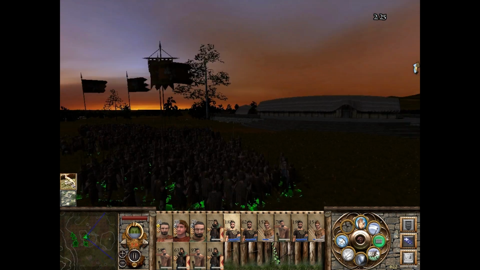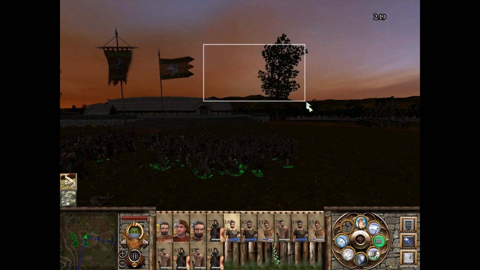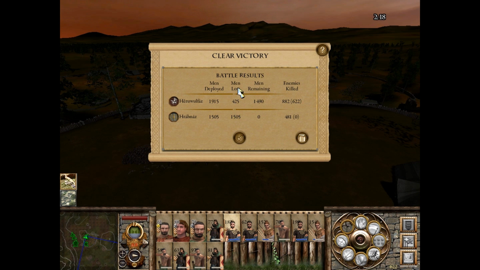I kind of didn't want to have a difficult battle because I might have to fight the Boyi soon, so I wanted to save the men and make sure that we won. Okay, 400. Ah, close enough. Enemies killed. I'm guessing that's prisoners. Anyway,